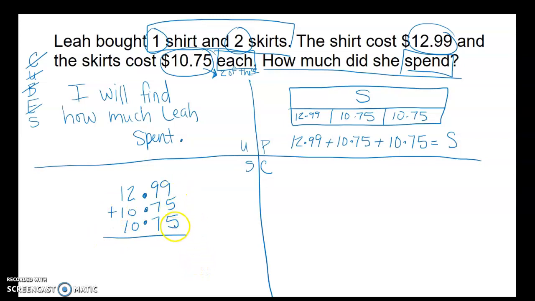Okay, 5 plus 5 is 10, and 10 plus 9 is 19. 9 plus 1, there's a group of 10, and then 10 plus 7 is 17. 17 plus 7, let's see, 18, 19, 20, 21, 22, 23, 24. I'm going to go ahead and put my decimal point. 2 plus 2 is 4, and then 1, 2, and 3. So she spent